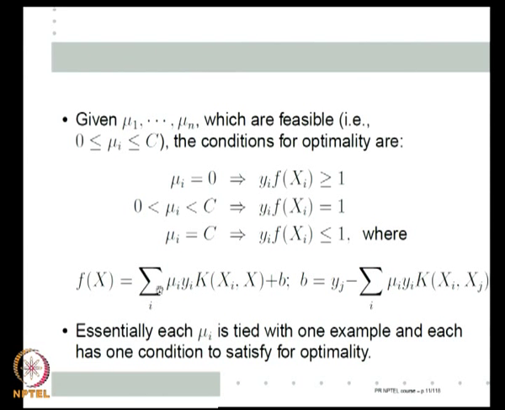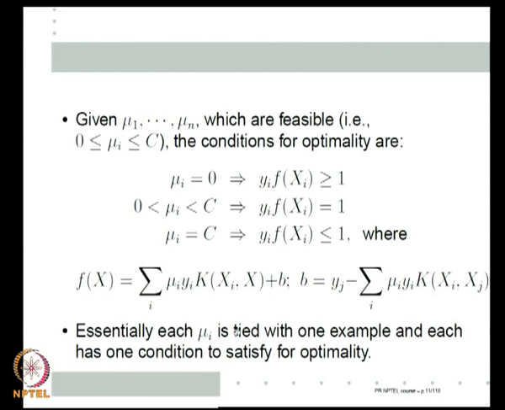So, I can say which examples mu_i this is, and each mu_i essentially has its own condition. It is not completely decoupled, because f(x) depends on all the other mu's, but really I can ask which mu's satisfy the constraint, and which mu's do not. Given the current f(x), if I think of f(x) as given and do not worry about it being a function of mu, I can individually ask which mu's satisfy and which mu's do not satisfy the optimality constraints.